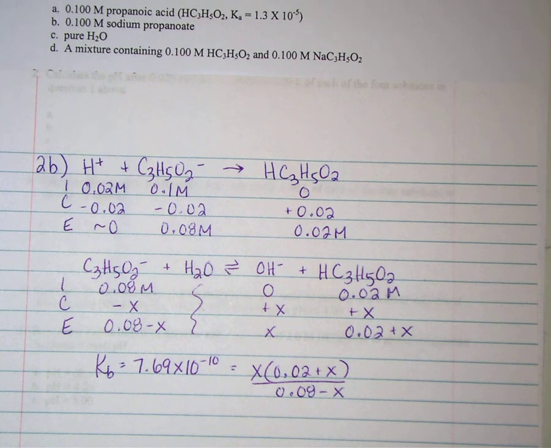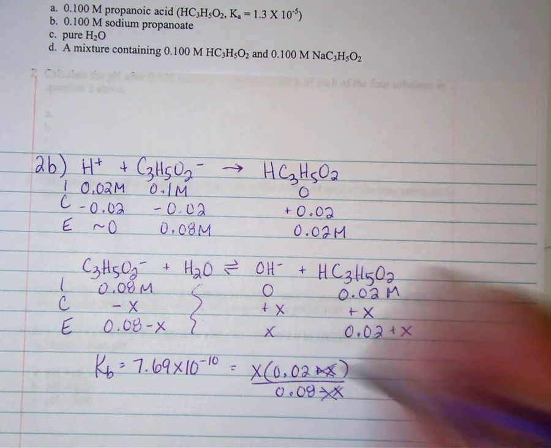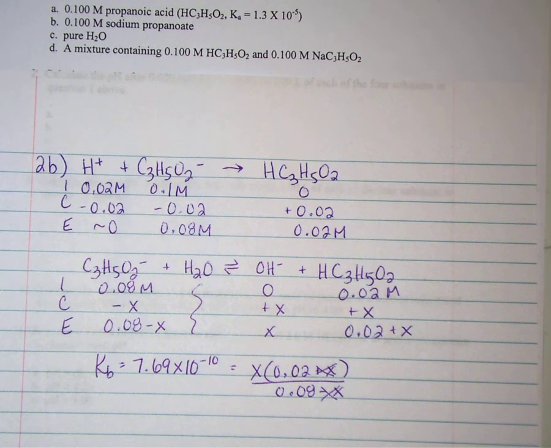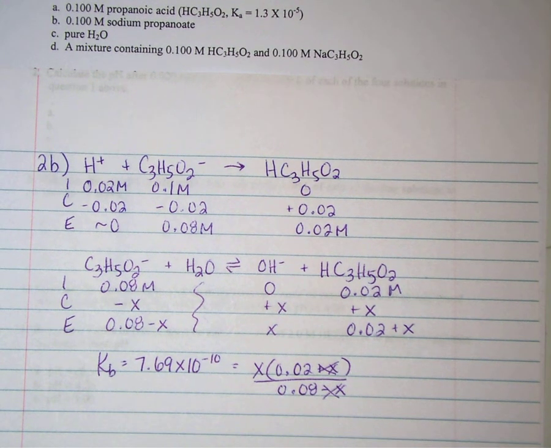Now, again, I'm going to ignore the plus and minus x's. So when I multiply this across, the 7.69 times 10 to the negative 10 times 0.08 divided by 0.02, just solving for x, I'm going to get x